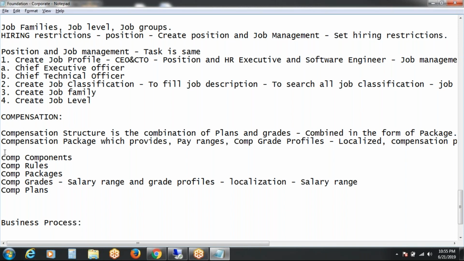You will also receive this notepad and another HCM glossary.